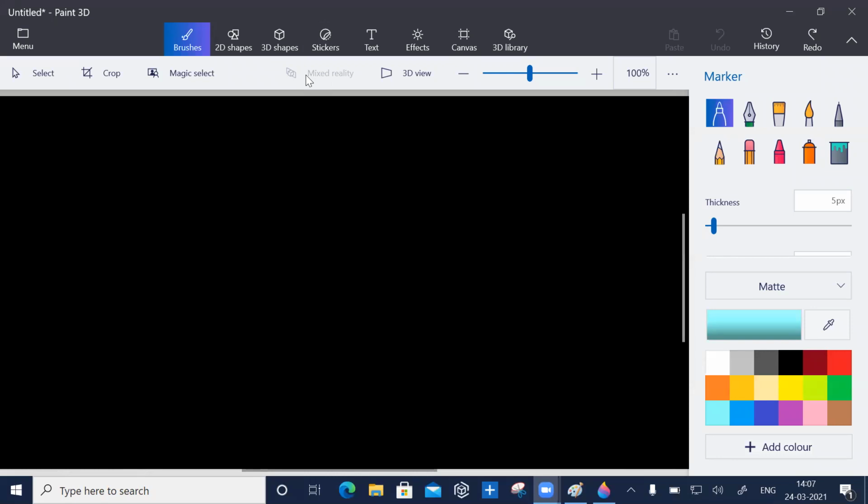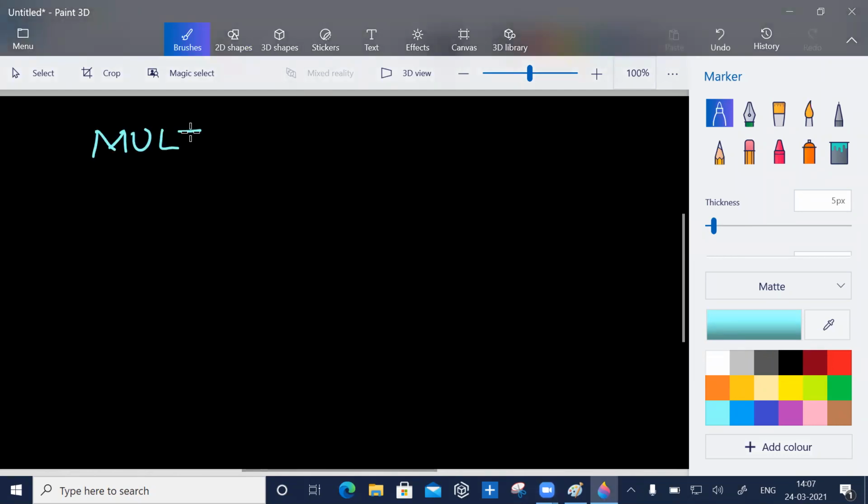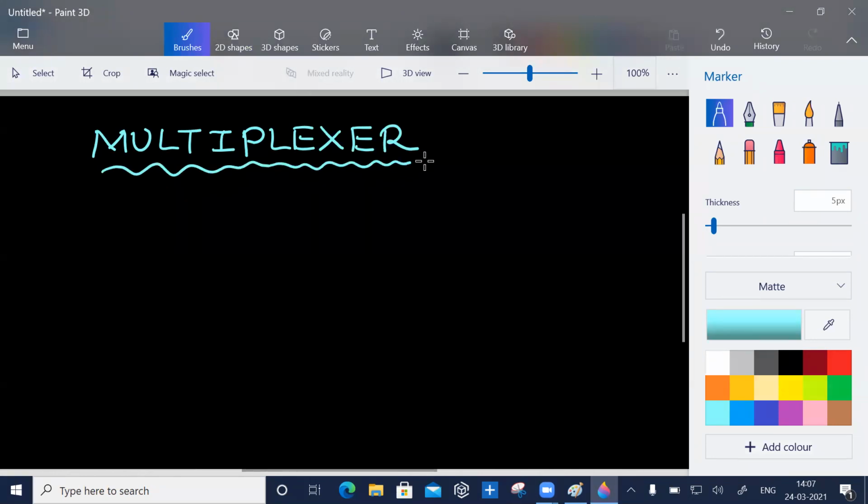Okay, so today we will discuss another very important, and of course one of the most important, combinational circuits: the multiplexer. Multiplexer or multiplexers, it's a very important combinational circuit. And I think I already told you what a multiplexer does.